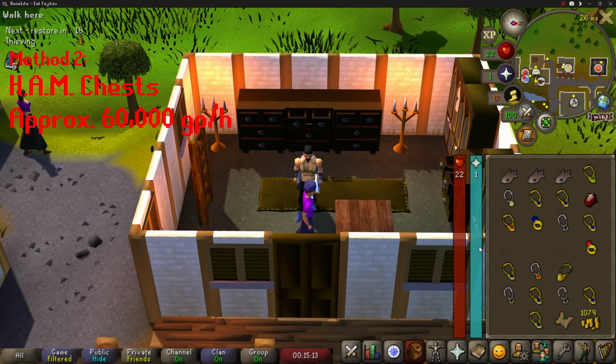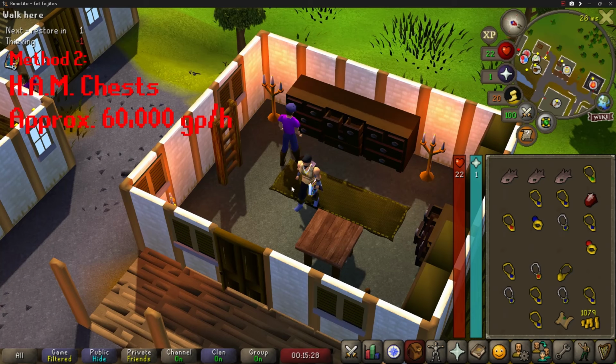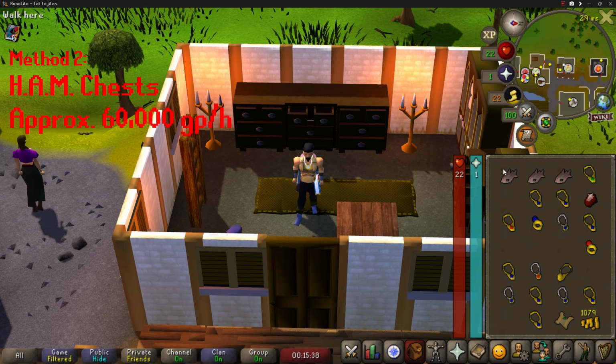Okay, so as you can see, all of those keys got me all of these jewelries. I've decided I'm going to keep this diamond amulet until I can enchant it and turn it into a power amulet. And like I mentioned, that power amulet is going to be your best in slot for a little while until you can get things better for range and melee. But for the most part, this is going to be your go-to, and you're going to hold on to that until you get a glory. So after you get a full inventory, you can bank it and rinse and repeat,